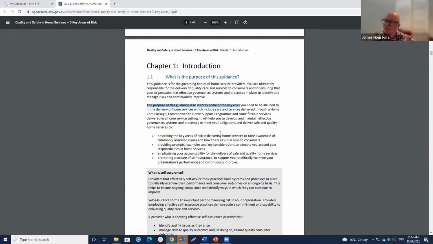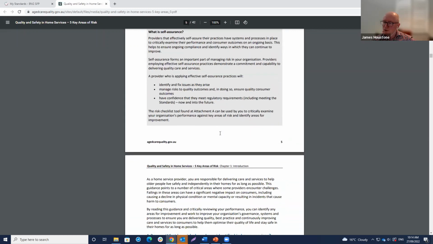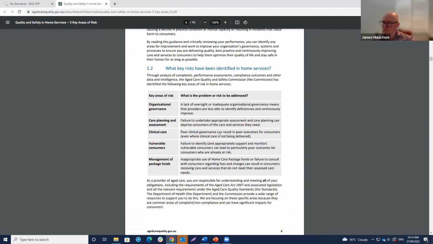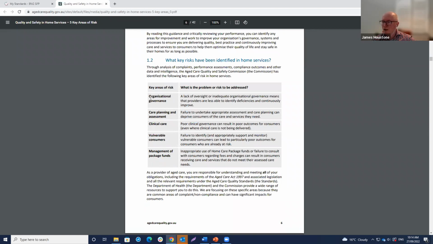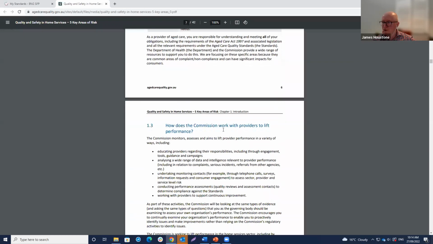If we scroll a little bit further down, there are these 5 headings: organisational governance, care planning and assessment, clinical care, vulnerable consumers, and management of package funds. And they summarise what is the problem or risk to be addressed.